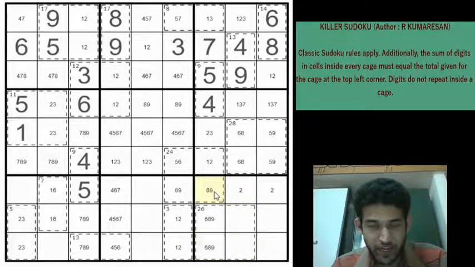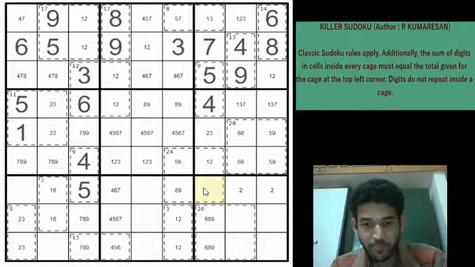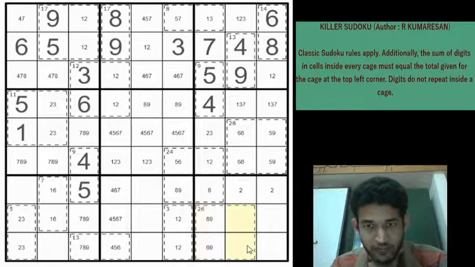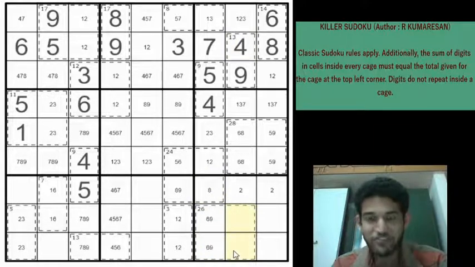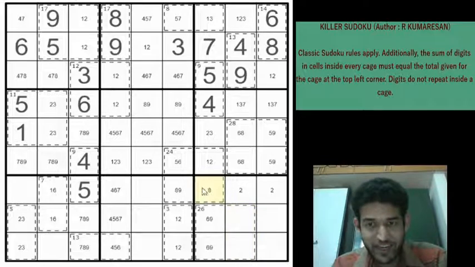So if you have an 8 here, let's see what happens. If you have an 8 here, so this will be 6 and 9, right? These two cells will be 6 and 9, and now we need 5 plus 6, 11 more from these two cells, which cannot be 2 or a 9, can't be a 3 or 8, can't be 4 or 7, and can't be 5 or 6. Beautiful. So this cell cannot be an 8 because then all possibilities from this cage are eliminated. So this has to be a 9, right? No, there is no other choice.